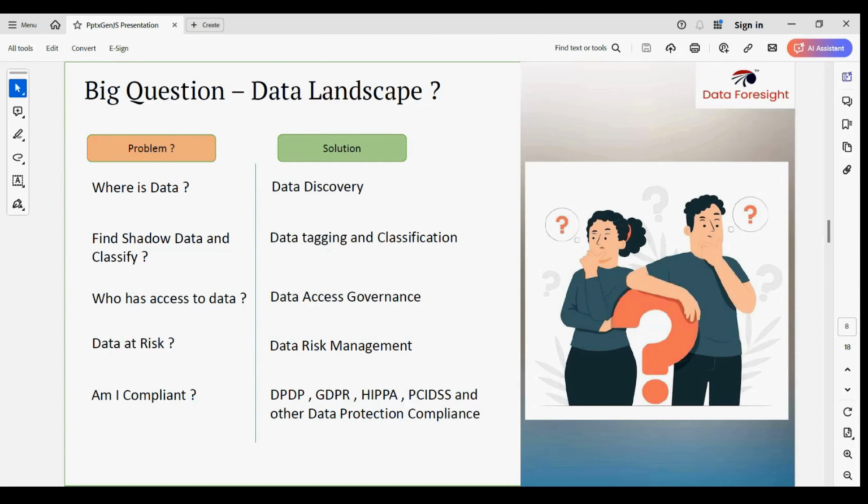How do you access the data? Again, this comes into the data governance. Once you have the data, once you've done the risk assessment, then you can build the data governance around it. You can have the entire governance, and then the data risk management can be embedded as part of the governance, and then you can showcase the compliance towards the data privacy laws that you have, and the different